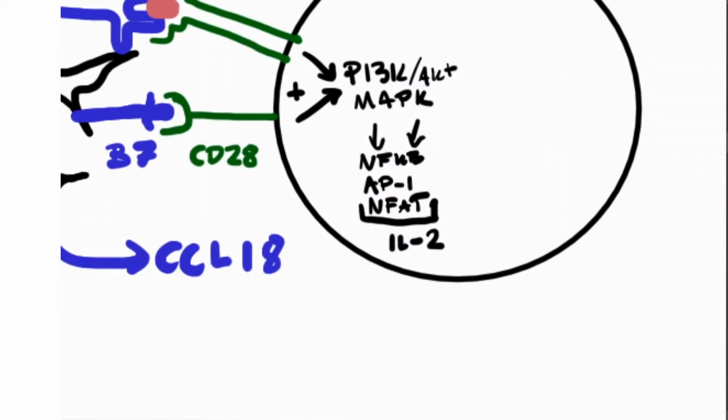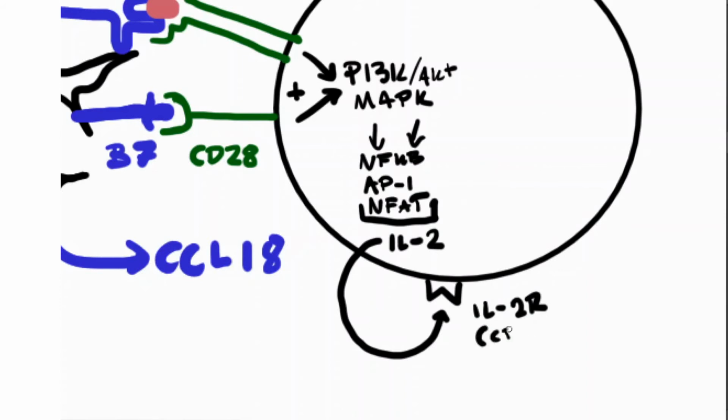Because when IL-2 is produced, it will be secreted by the cell, and it will go back and bind to its own receptor on the same cell, the IL-2 receptor. Because when all of this happens, the cell also upregulates the IL-2 receptor with the high affinity subunit CD25. So now it binds IL-2 very strongly, and it will secrete it to promote several different pathways, among